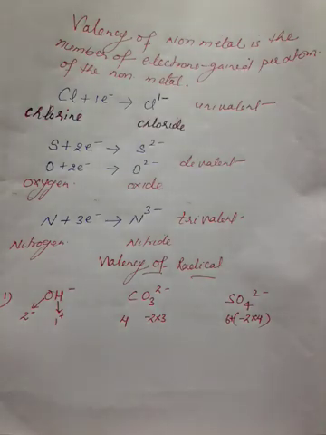Then remember that a molecule of a compound is usually made up of two parts. For example, potassium chloride. Potassium is electropositive and chloride is electronegative. So potassium is known as a basic radical and chloride is known as an acidic radical. Basic radicals carry positive charge and so they are known as electropositive, whereas acid radicals carry negative charge. Hence they are called electronegative radicals.